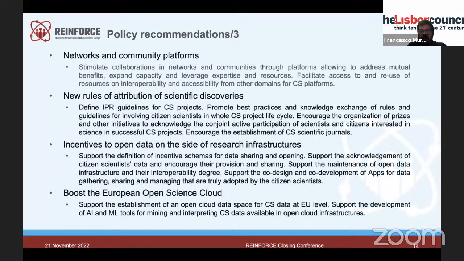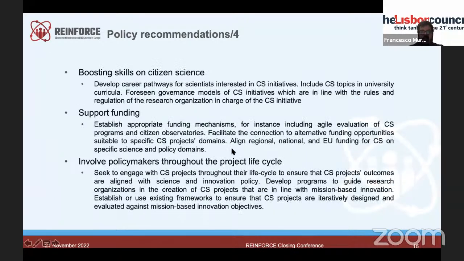And also the establishment of citizen science scientific journals would be important in that sense. Also, boosting the European Open Science Cloud is an important topic because it would be useful to support the creation of an open cloud data space for citizen science at EU level in the European Open Science Cloud.